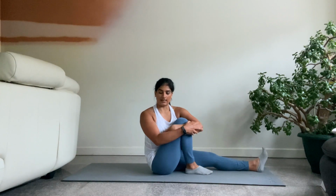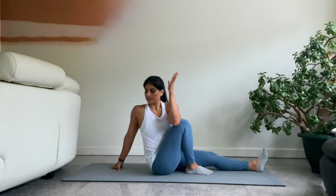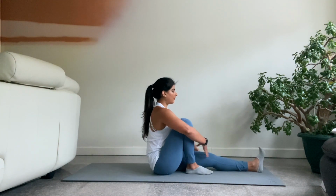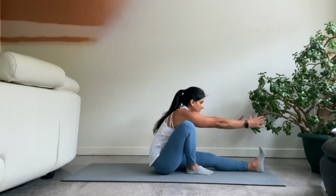Again, if it doesn't feel comfortable to place your hands on the floor, just hug that knee in and twist your shoulders out. Good. Okay, now from here we're going to take both hands up and reach towards, I'm going to place that